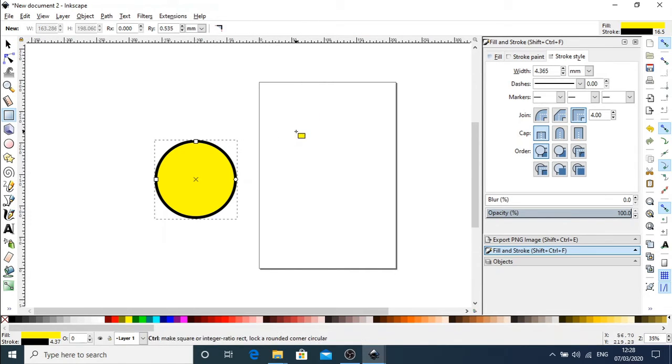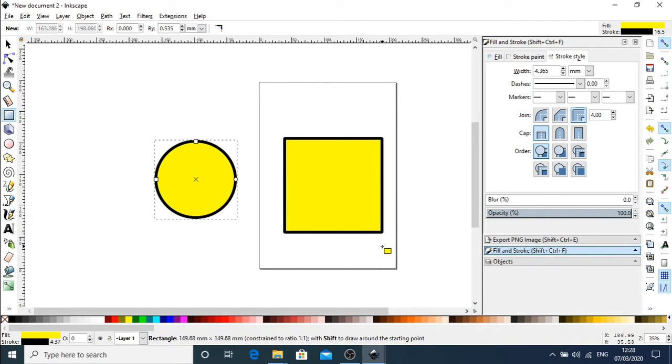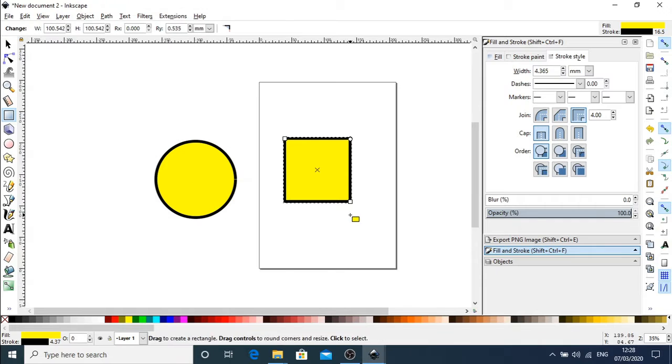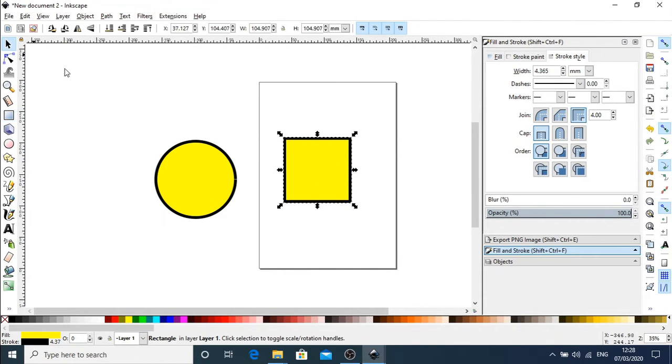And if I hold down Control and create a square, Control will constrain the sides to a ratio, so it's always 1 to 1, and then if we move over, it's 1.6, 2 to 1, and you can see down the bottom the ratio, what's actually happening. So what I've done is created a square,